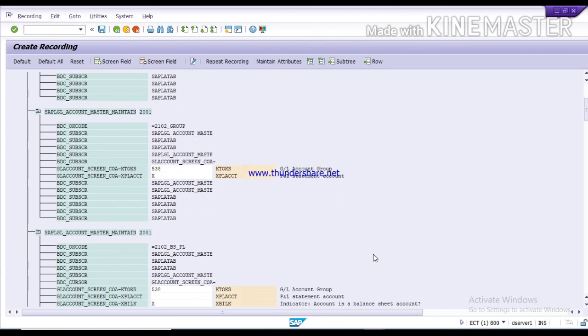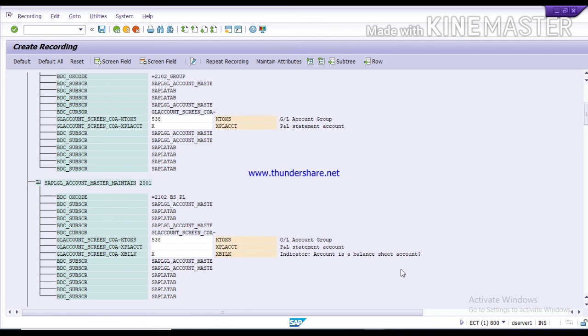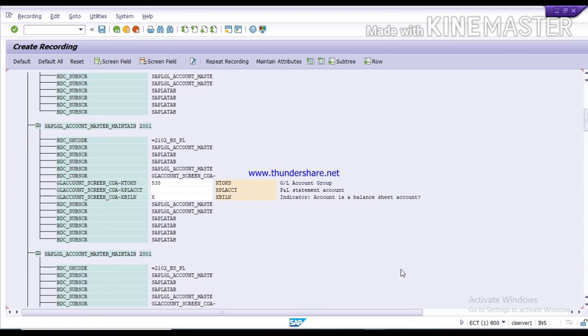All the fields are showing here. Whatever you have entered, it is showing here. So now your recording is completed. You can just click on this save. Whatever you do, after doing anything, you have to just save it.